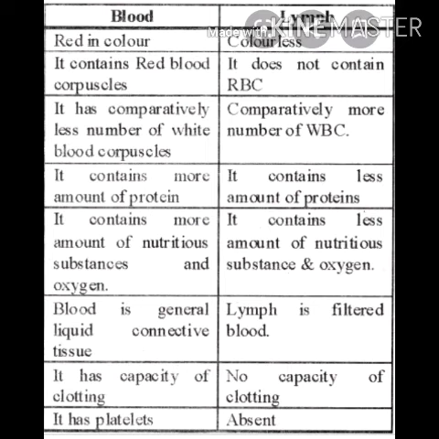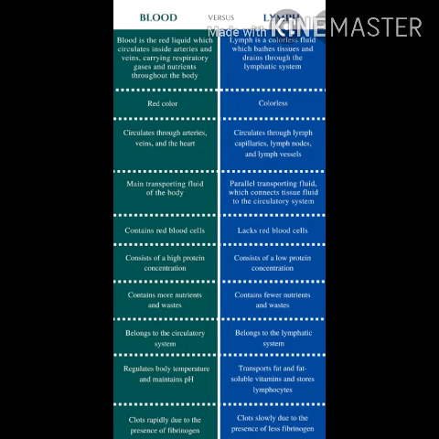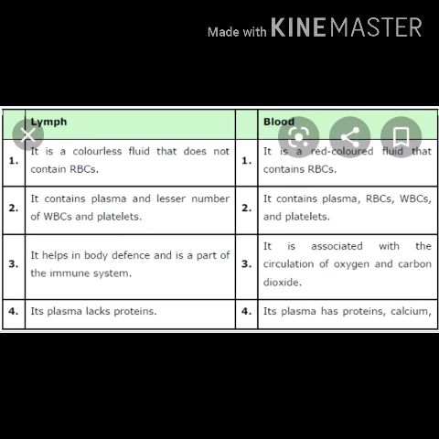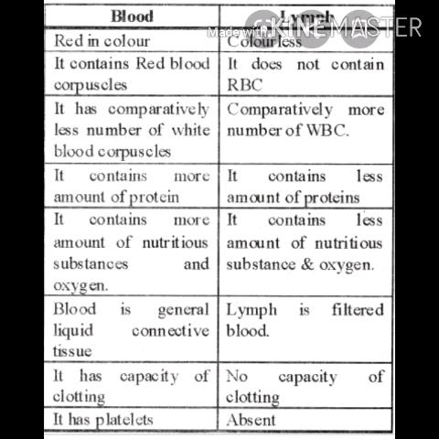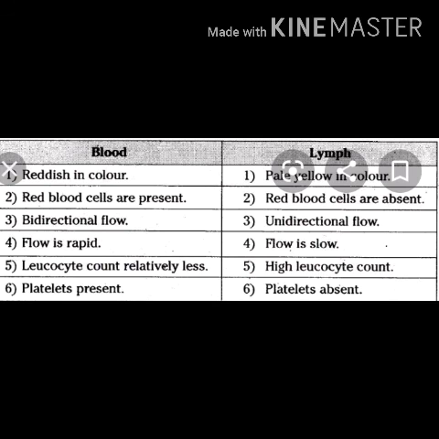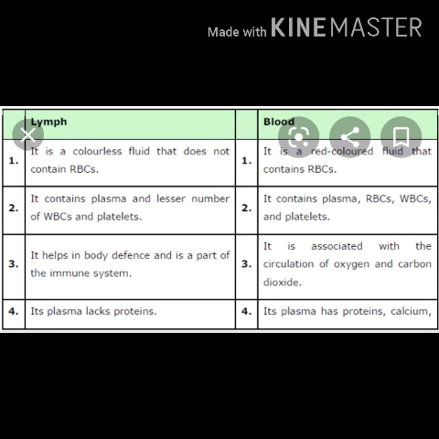Next, direction of flow: blood flows in a continuous loop from heart back to heart, and lymph flows in one direction from extracellular space to blood. Now the path: for blood it starts with the heart, artery, capillaries, veins and heart. In the case of lymph, it is extracellular spaces, lymphatic vessels, lymphatic trunks, then lymphatic duct, then blood. So these are the differences between blood and lymph. So that is it for today, next we will start with another topic.